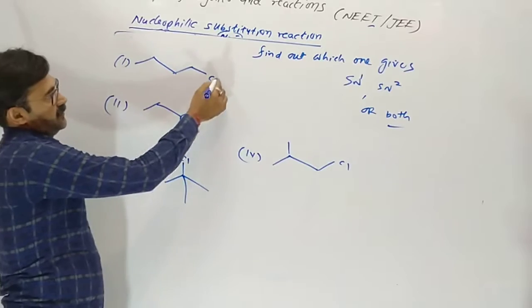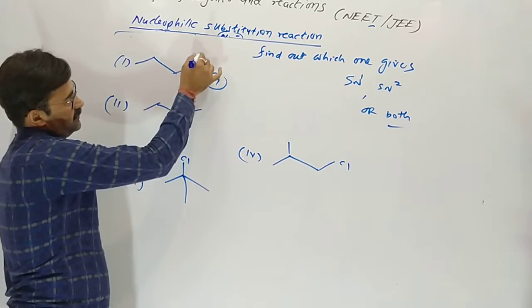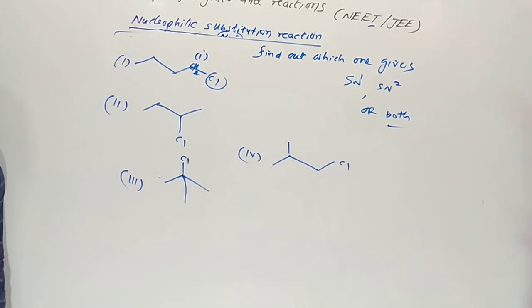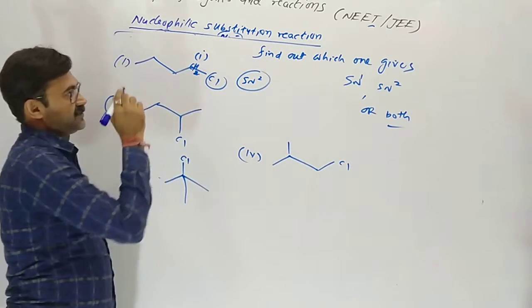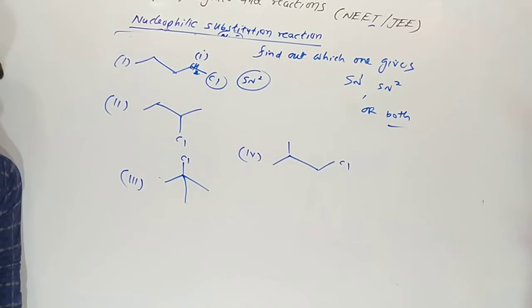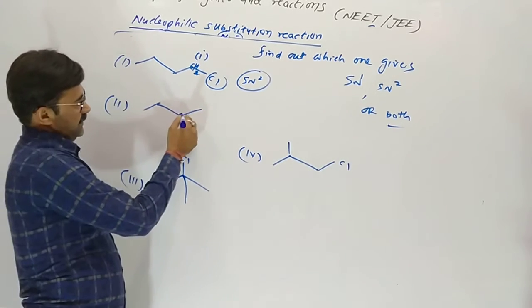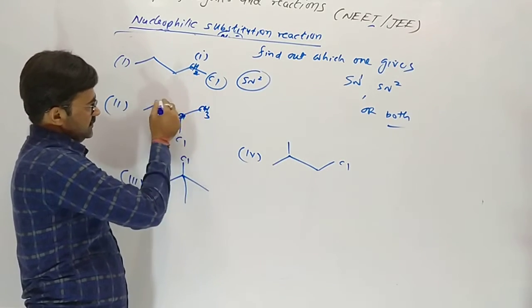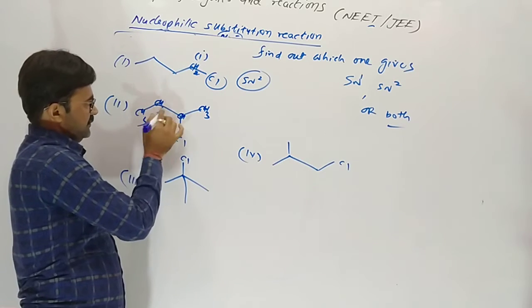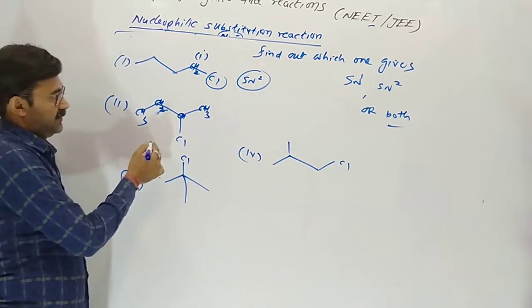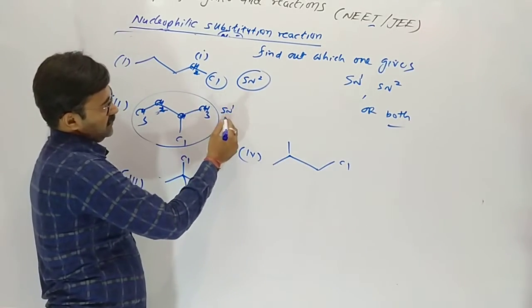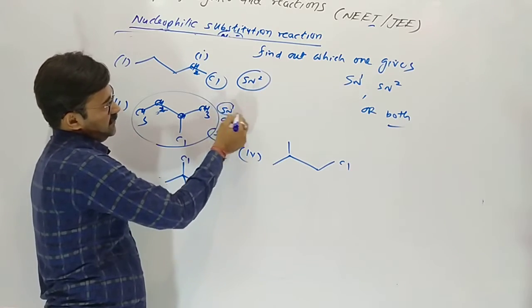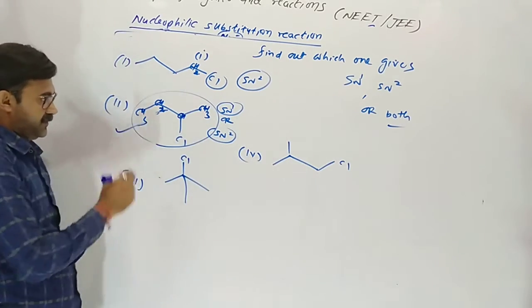First of all, our halogen containing carbon is primary. So it means the carbocation is unstable, so it occurs in one step. So it gives SN2. Now what about the second one? The chlorine containing carbon is secondary. Yes, in secondary, both. Why? In secondary, our solvent is not given, so we can take both SN1 or SN2. Reaction condition not given. So both.